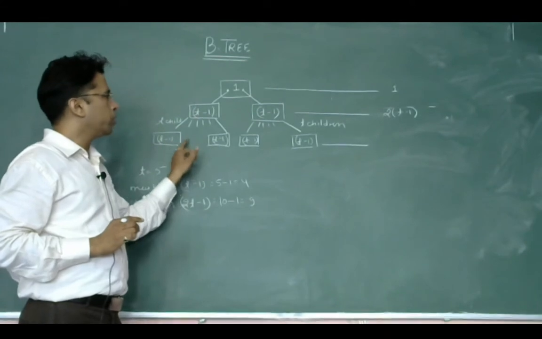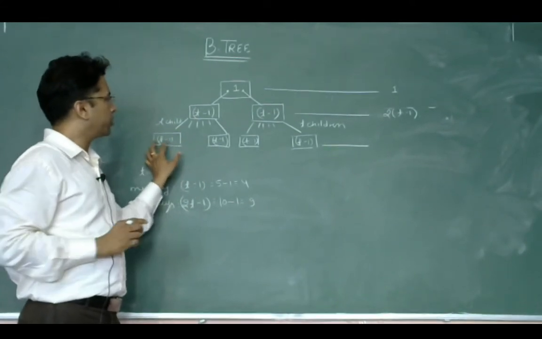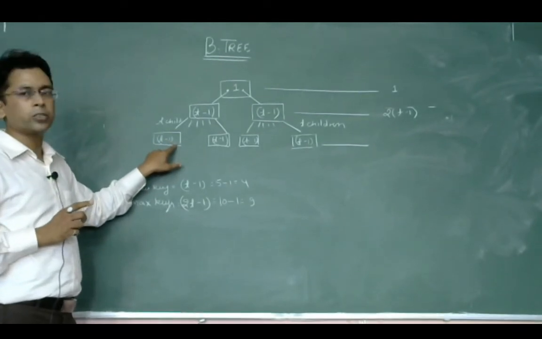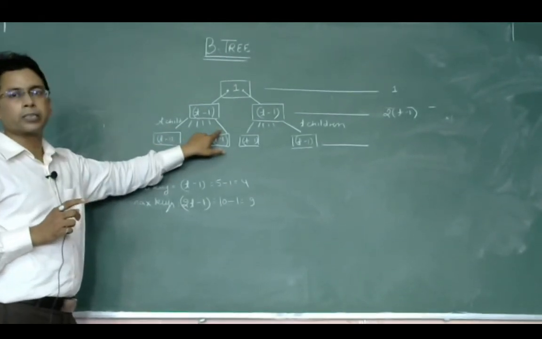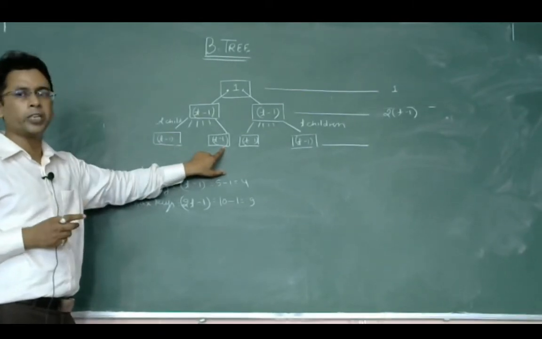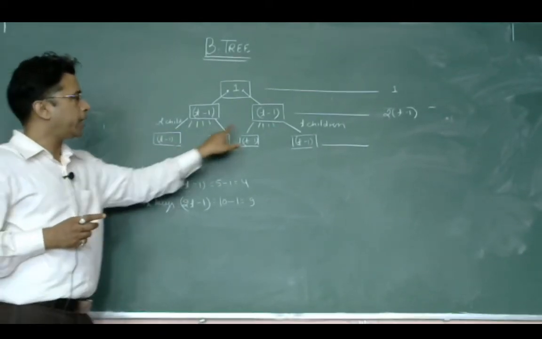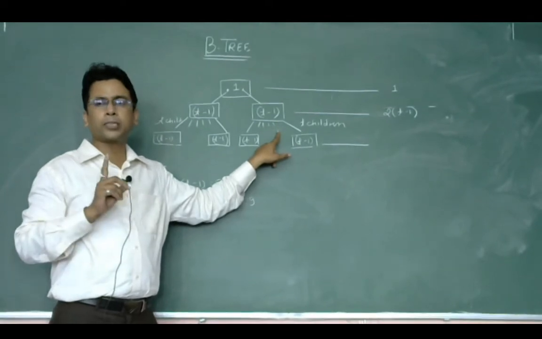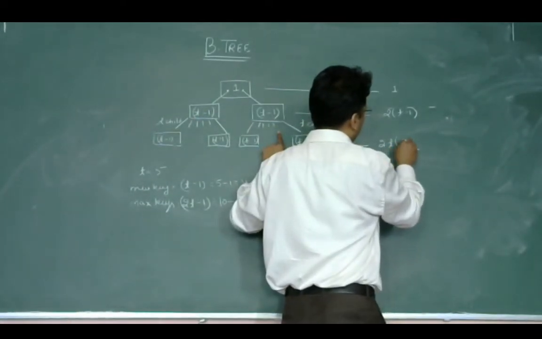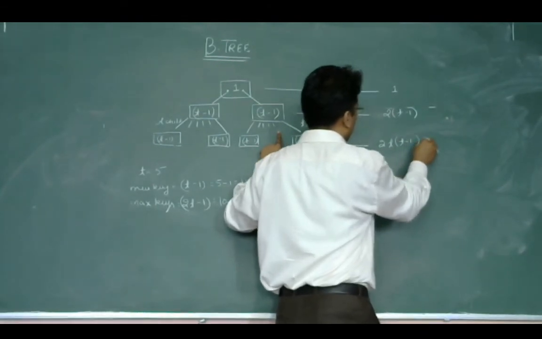At level 2, just find out, there are t minus 1 elements in each node, but there are t children. So t into t minus 1, the total number of elements would be t into t minus 1, and there are two such nodes, so there would be a total of 2 into t minus 1 elements. Okay,